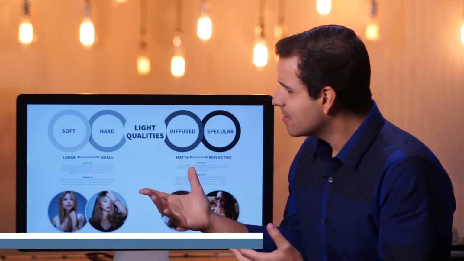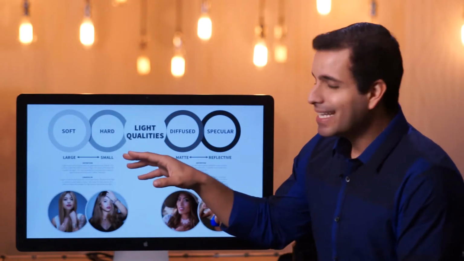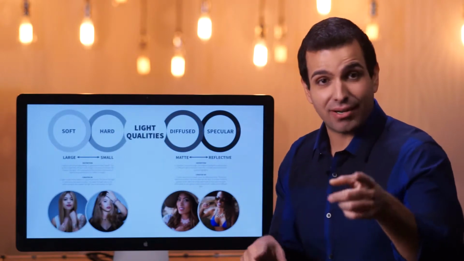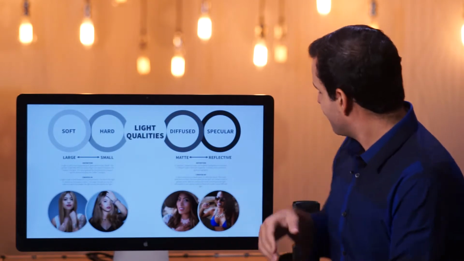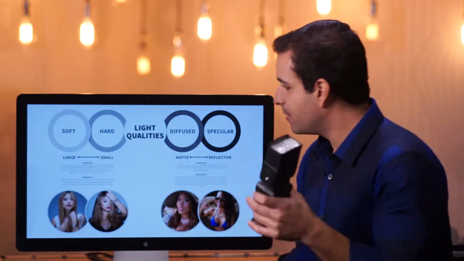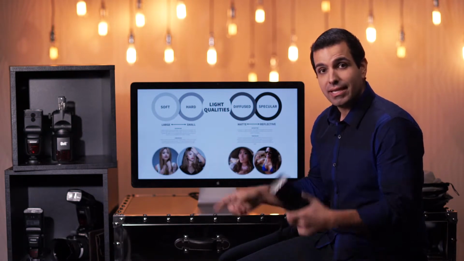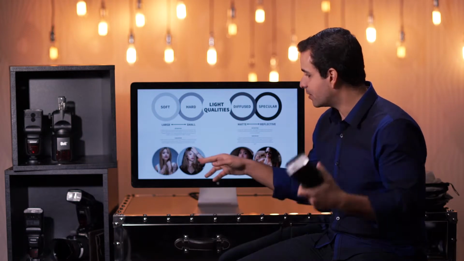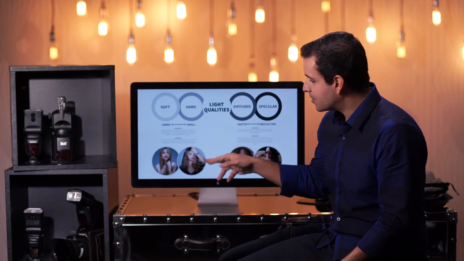What creates soft versus hard light? Well, it's simple. It's simply the size of the light in relation, and this is the key part, in relation to the subject. So what does that mean? Well, a flash, this little flash, our LP180, in relation to Yoko is quite small. When we're shooting Yoko with direct flash, and I think for this shot we were using the Canon 580EX, it's a very small light in relation to